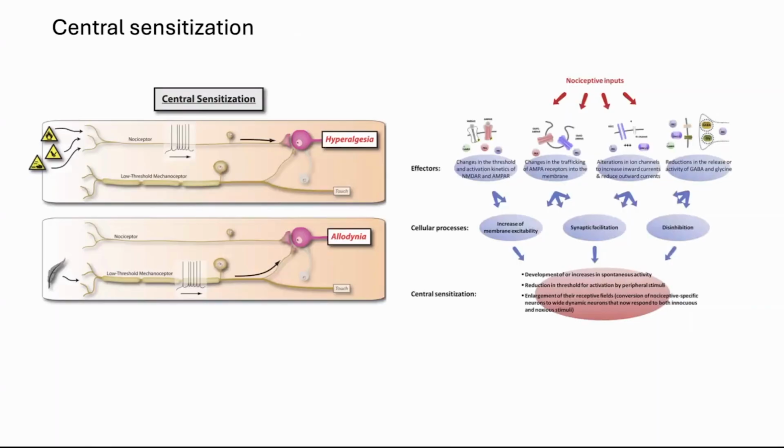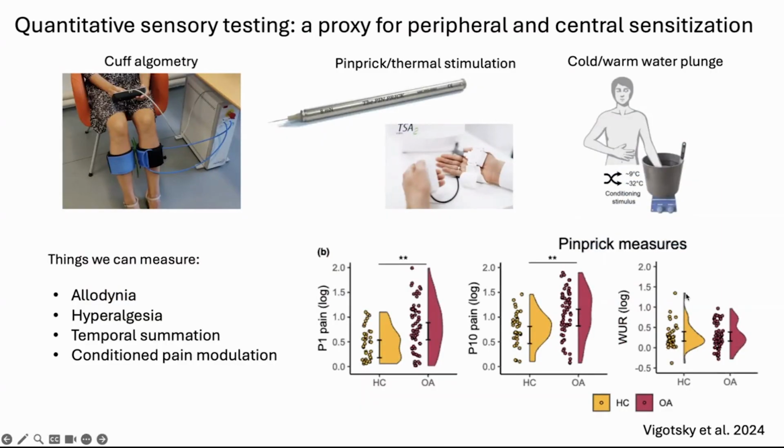Now, I want to very briefly touch on central sensitization, and as before, I'm not really gonna discuss this too much for time reasons. There's a couple reviews that I'm going to link later that will explain this a little better. So here I first kind of want to emphasize that it is very difficult to directly measure both central sensitization and peripheral sensitization in humans. What we typically do in research, which is also heavily used in clinical practice, is to employ tools that are presumed to measure some of these peripheral and spinal processes.